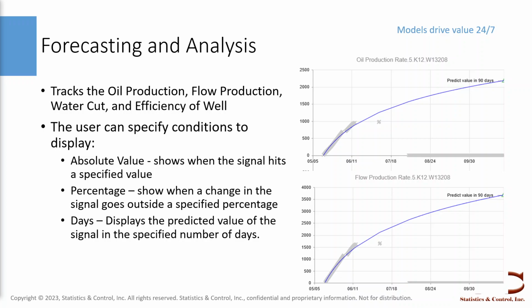A great example is this decline rate for an oil production well, and we can take the oil production rate of it and predict that value and how much it's going to either rise or lower 90 days out. Another thing we can also do is take a look at the flow production, so we can tell, okay, this well is going to be acting in this way 30 days out from now,